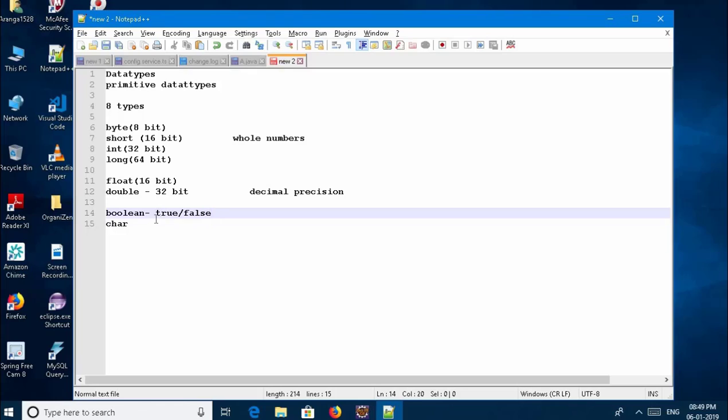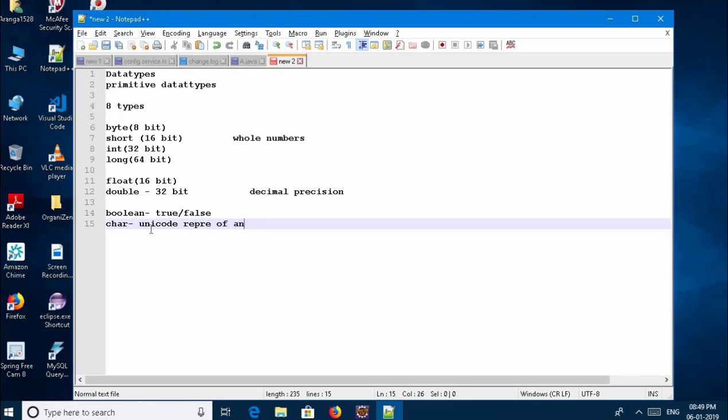And character is a Unicode representation of any character, and this will be given within single quotes. For example, you can give a or 1 or a Unicode value like slash u 0010. Whatever value you need to initialize, you can give, and true or false is the only value you can give for boolean. For byte you can give any whole number value, and for float and double you can give any decimal precision value. Let's see